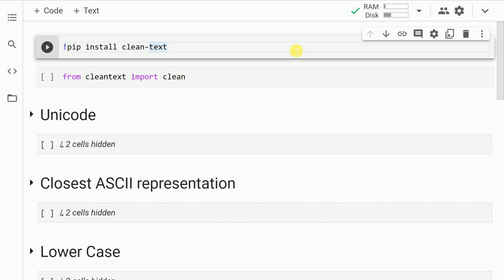But what if I tell you that you don't have to do it anymore? I recently came across this amazing Python package called clean-text. It helps us clean the wide variety of dirty data that we have with us without writing complex regular expressions. So this video is all about utilizing clean text so that you can clean your text efficiently. So without wasting any further time, let's kickstart the video.